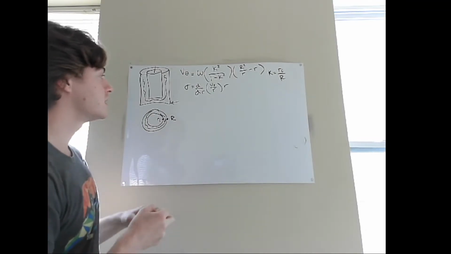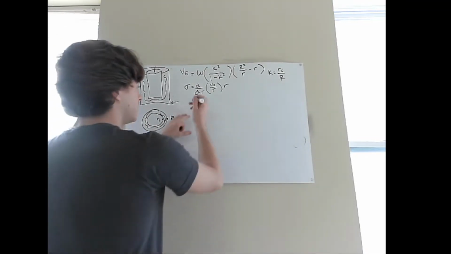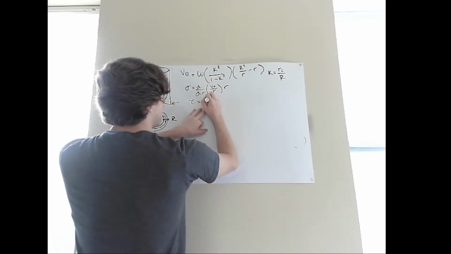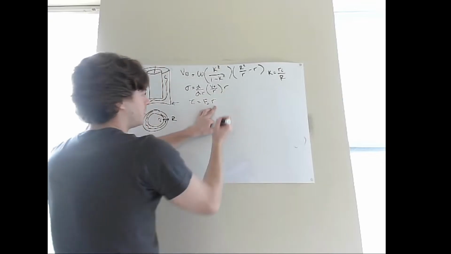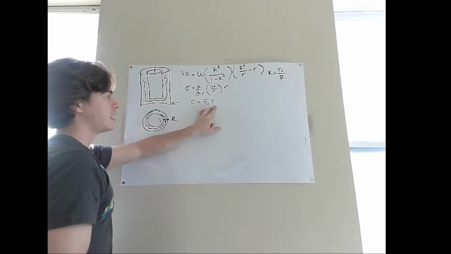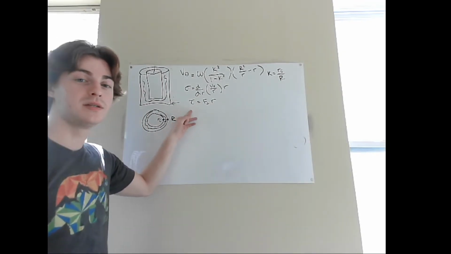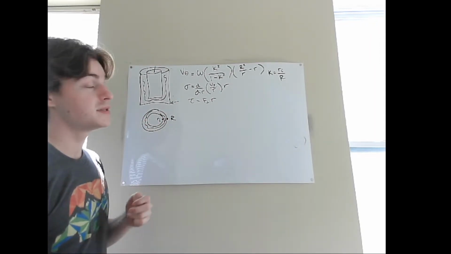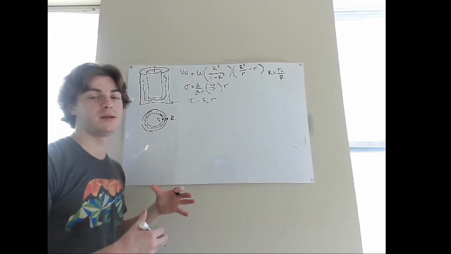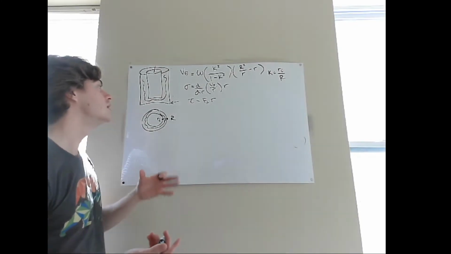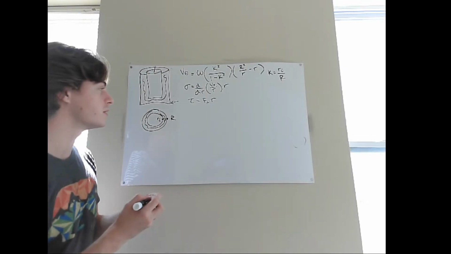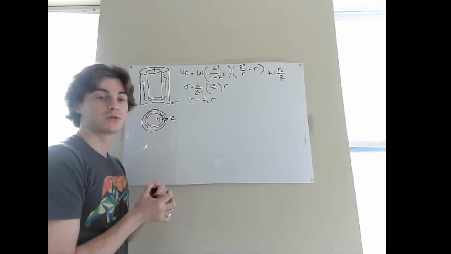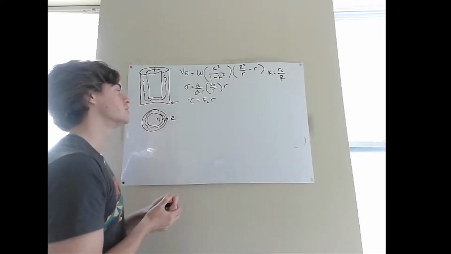To first get at the torques, we need to look at the definition of a torque, and that is just the perpendicular force times the distance r in this case. Now I'm going to use this base equation and substitute lots of other relationships into it to make it a little bit messier, but you'll see later on that we'll use it to prove that the torque on the inner radius and outer radius are equal. So to get at the torque on the inner cylinder, which is what we'll start with,